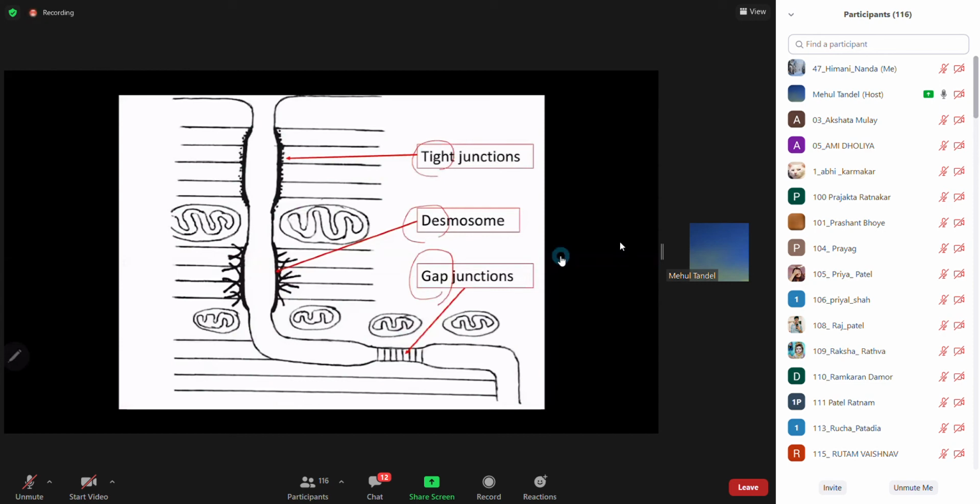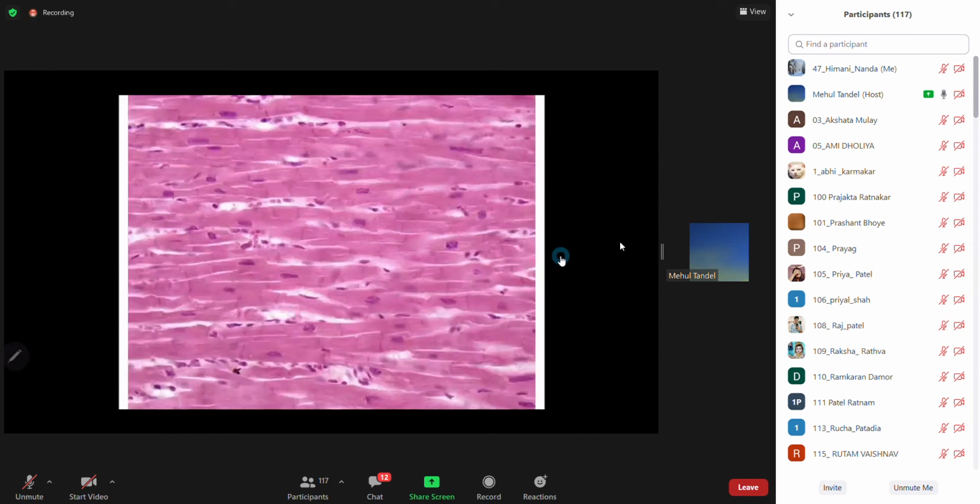Muscle fibers branch and anastomose. One muscle fiber is formed by a chain of cardiac myocytes, with a single large central round nucleus, and there is a presence of intercalated discs in between the muscle cells. Yeah, so you can see muscle fibers. These branch and anastomose with each other to form a network.